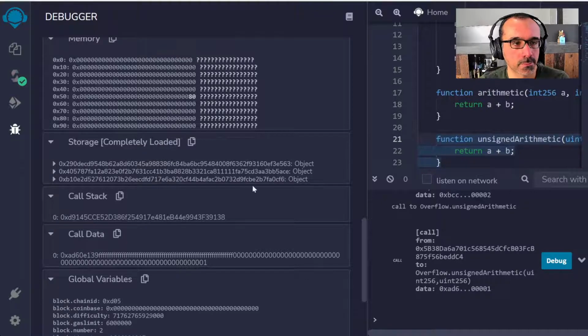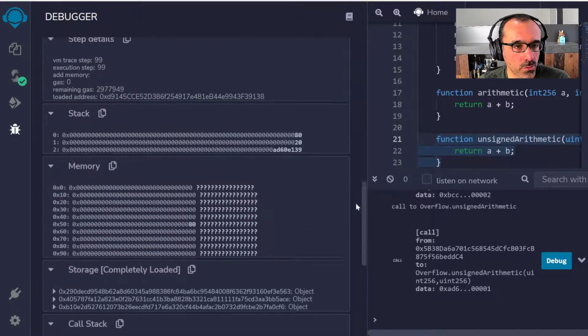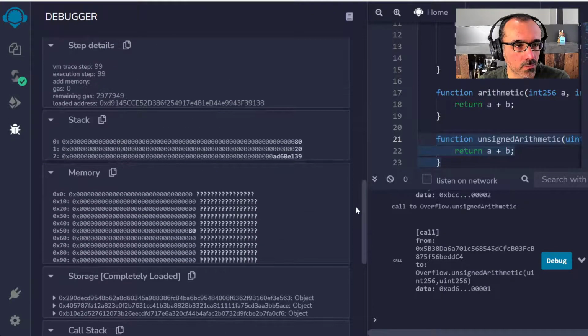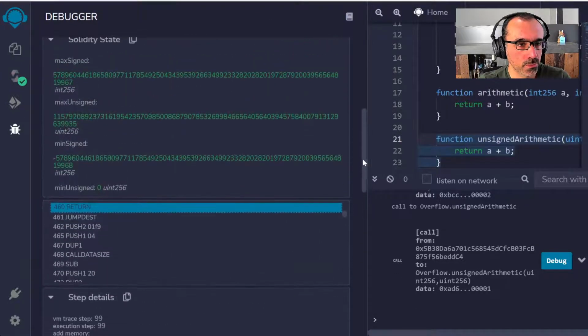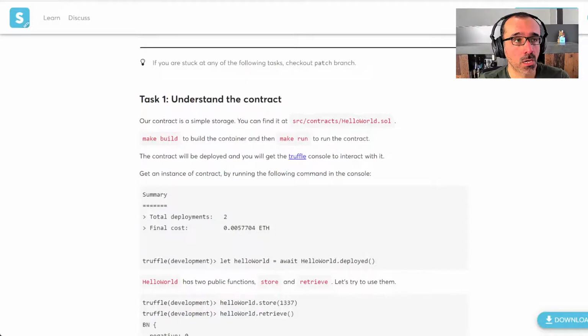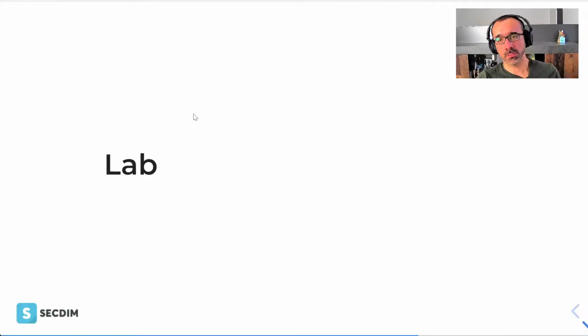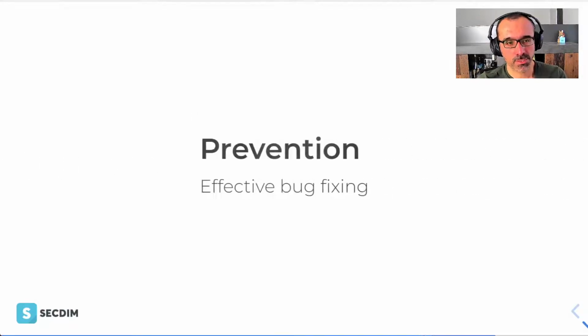All right. So now we saw behind the scenes what actually happens for this arithmetic to operate, and this overflow. Now I want to move back and talk a little bit about how we can effectively prevent this attack.